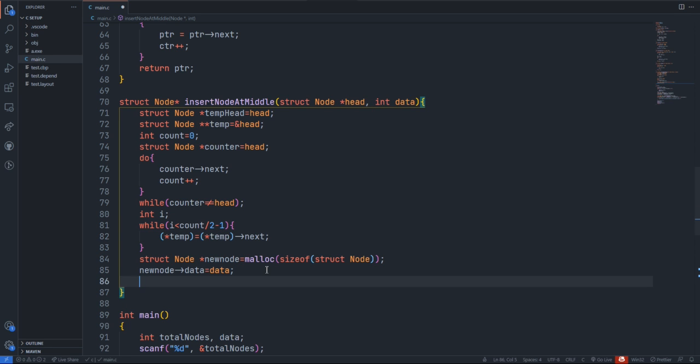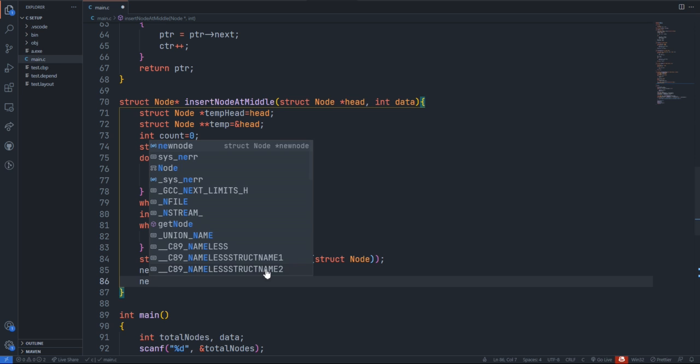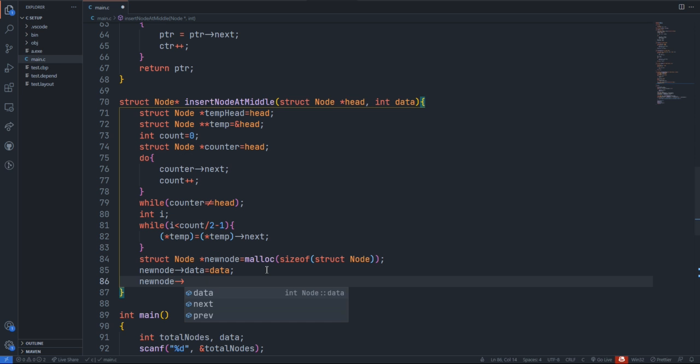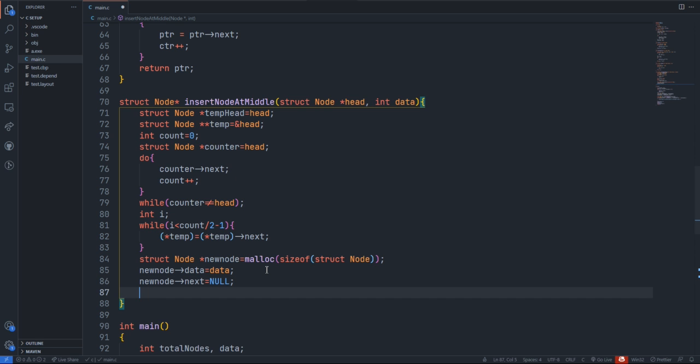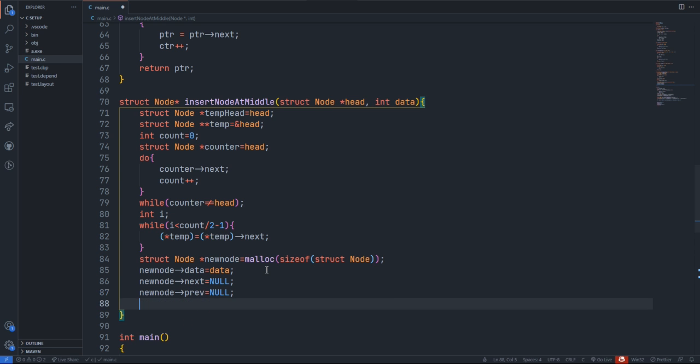Okay, we have all set. We have found the count, we have created a new node. It's time to do the operation. Before that, I make sure the new node arrow next equal to null and the new node of previous equal to null.